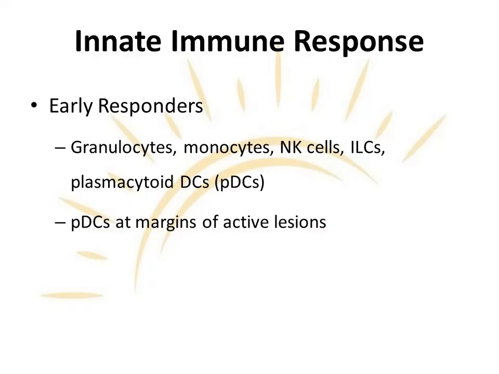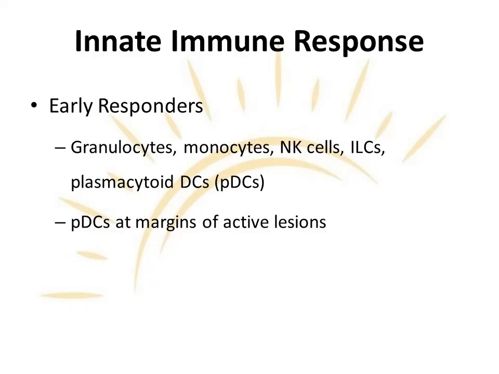This response involves several key immune cells, including granulocytes, such as neutrophils, eosinophils, and basophils, which rapidly attack invading pathogens. Monocytes migrate into inflamed tissue and differentiate into macrophages or dendritic cells. Natural killer (NK) cells eliminate infected or stressed cells, while innate lymphoid cells (ILCs) produce cytokines that shape the local